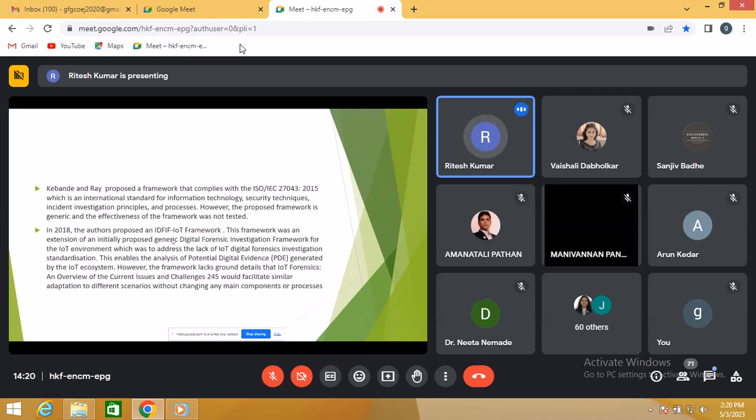Kibande and Ray proposed a framework that complies with ISO, International Standardization Organization, 2015, which is an international standard for information technology, security techniques, incident investigation principles and processes. However, the proposed framework is generic and the effectiveness of the framework was not tested. Right? It was not practically tested, but yes, this is the given proposal that we can do this with the